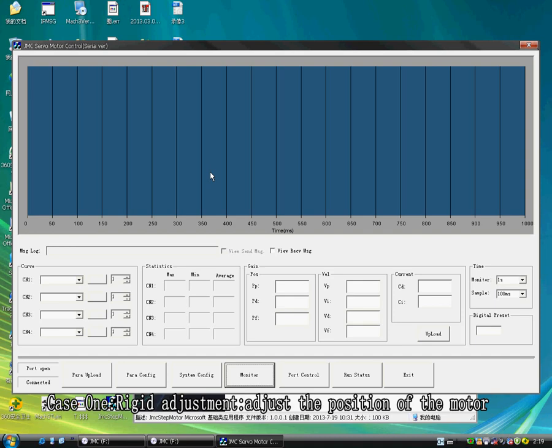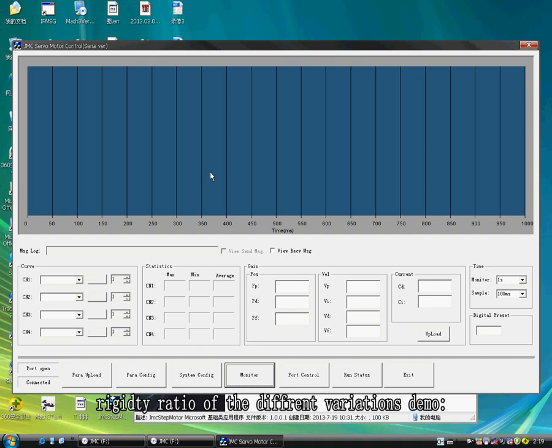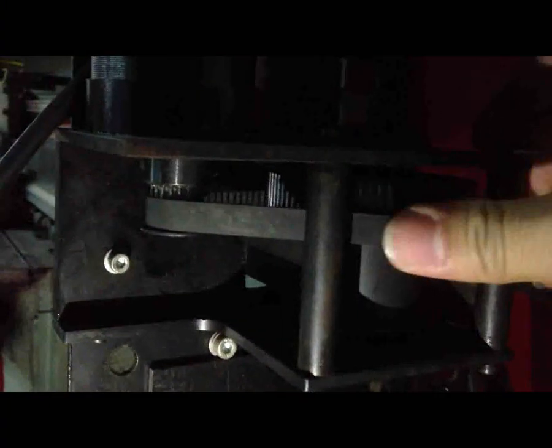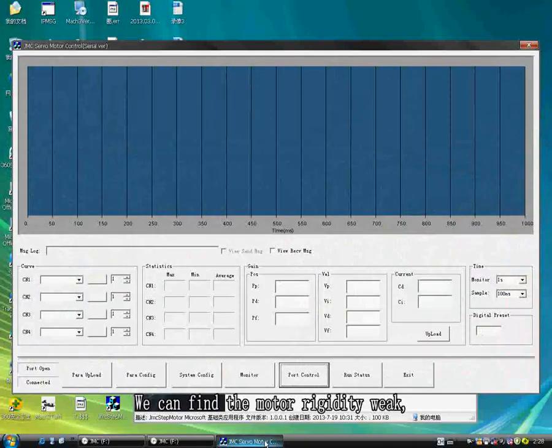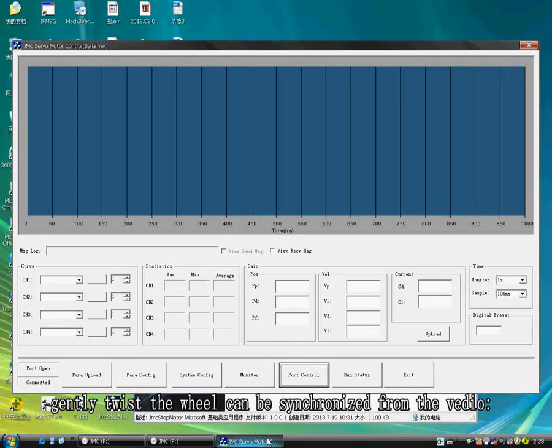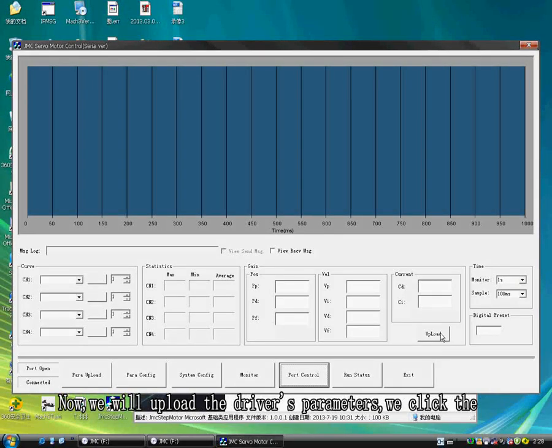Case 1. Rigidity adjustment. Adjust the position proportion to demonstrate the different variations in motor rigidity. We can find the motor rigidity is weak. Gently twist the wheel, which is synchronized with the video. Now we will upload the driver's parameters. We click the upload button